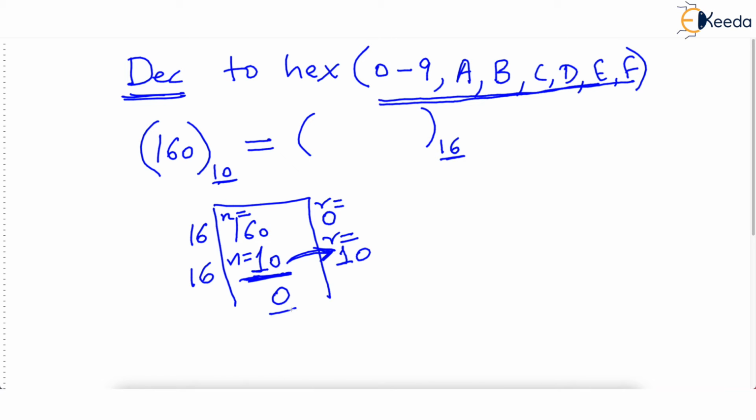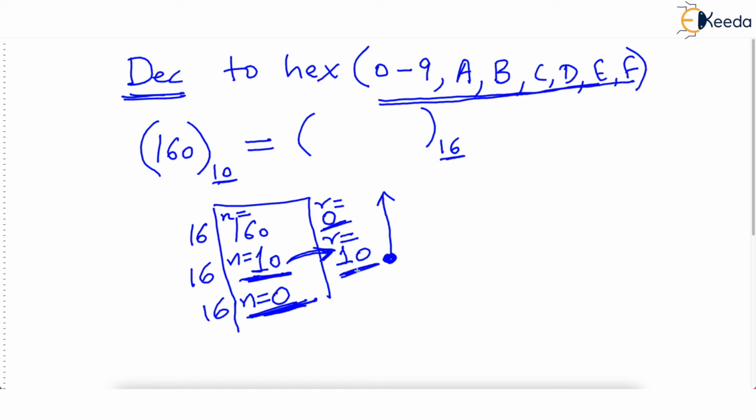And now you watch, the new quotient that we have can be called n again. Now you all will agree there is no sense in dividing this quotient, that is n, by 16 anymore, because anyway we are going to get 0 as the answer always. In fact, the number has diminished to 0. You watch, it was 160, then the number became 10, now the number is 0, so it's time to stop. And whatever remainders we have obtained are printed from bottom to top. So we have obtained two remainders. The remainder is 10 and the remainder is 0.